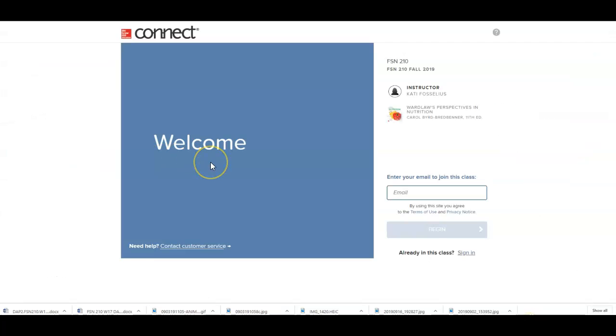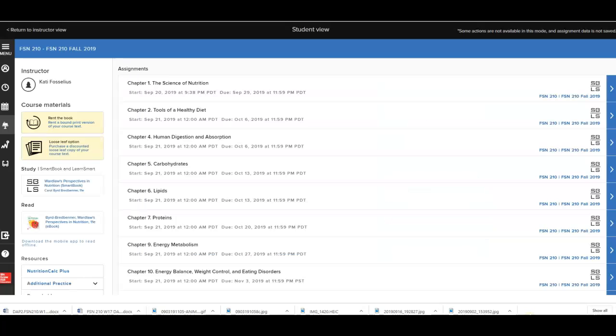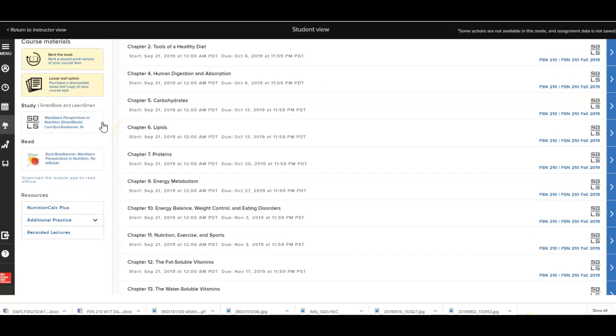When you click on the link, it takes you to a website that looks like this, gets you to my specific section of the course, and then of course you can enter your email to join the class. I also wanted to briefly show you what it looks like once you are logged into the class. So you are going to access a page that looks like this,